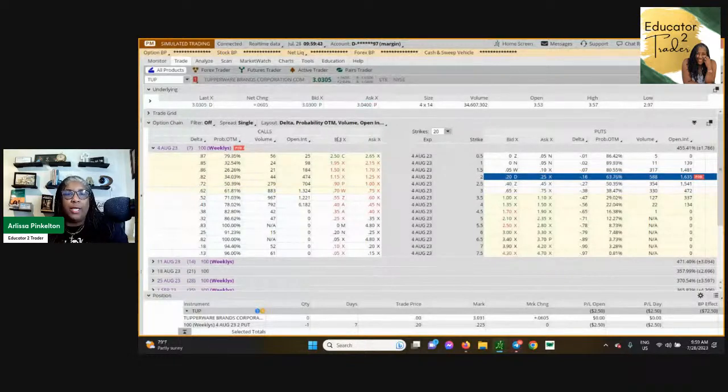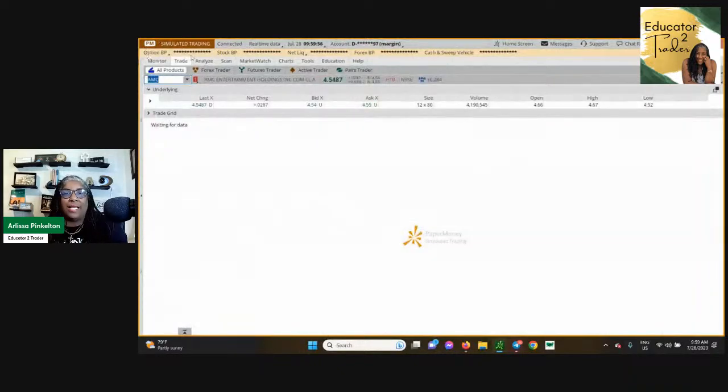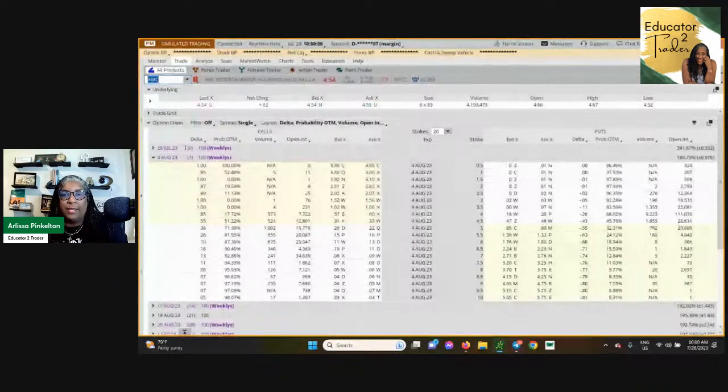If you are fine with acquiring the shares of Tupperware, you just let it go and see what it's going to do. And if it comes down to the 2 strike, then that's Tupperware, though. And we can do this with multiple things. You don't have to do Tupperware. If you don't know anything about that stock, and that's not a stock you're interested in doing, then don't, right? So let's look at